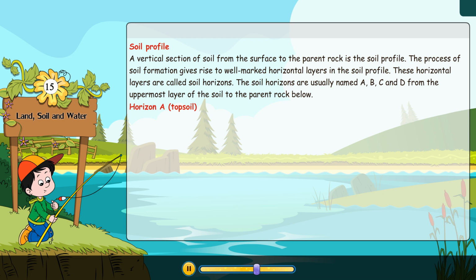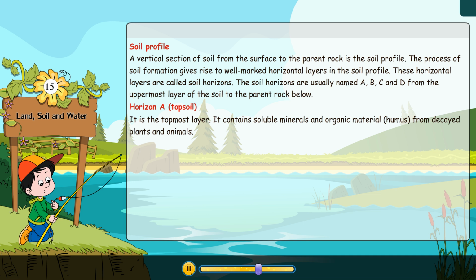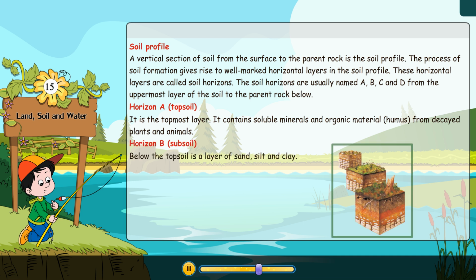Horizon A. Topsoil. It is the topmost layer. It contains soluble minerals and organic material, humus from decayed plants and animals. Horizon B. Subsoil. Below the topsoil is a layer of sand, silt and clay. This layer is called Horizon B. It is also called the subsoil. This layer has more mineral content than